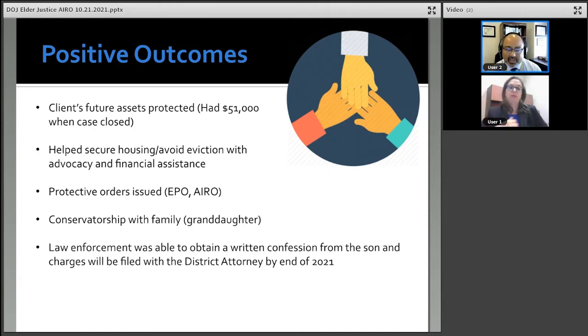And if you looked at that timeline, when you're dealing with financial abuse type cases for restraining orders, there is a longer period of time from when APS receives the first referral or notice of the case to the time of filing, because you have to go through bank records. And what was very helpful in this case is that the social worker, and I believe Pamela is attending this webinar, put together an Excel spreadsheet outlining the specific charges, showing that these were charges not related to the care of the elder.